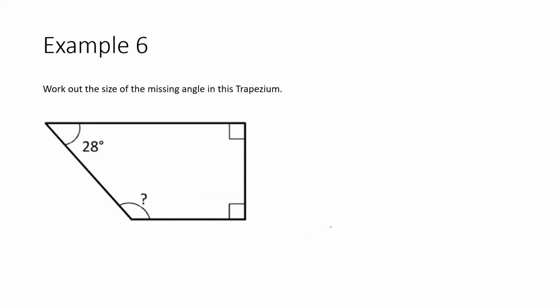Another example, work out the missing angle in this trapezium. So this is not an isosceles trapezium, it's another kind of trapezium. So we are given that two of our corners are right angles. Remember, right angles are equal to 90 degrees. And we're given the other angle is 28. So you can do 90 plus 90 plus 28. When you do 90 plus 90 plus 28, you're going to get a value of